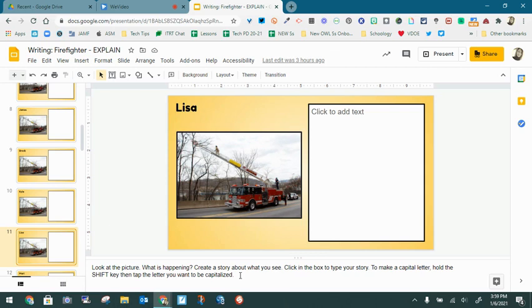For this particular story, it says, "Look at the picture. What is happening? Create a story about what you see. Click in the box to type your story. To make a capital letter, hold the Shift key, then tap the letter you want to be capitalized." That's just like an extra little helpful hint when you're using your keyboard and you want to make a capital